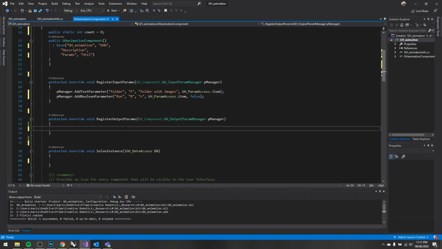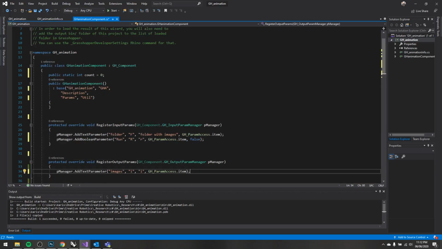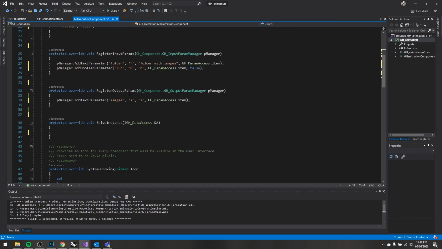For our outputs, of course, we want to output the pmanager, and text is going to be the file path to the individual images. So we just got this images, and our param access will be an item. Okay, so we've created a public static counts, 2 inputs, 1 output, and now we just have to decide what